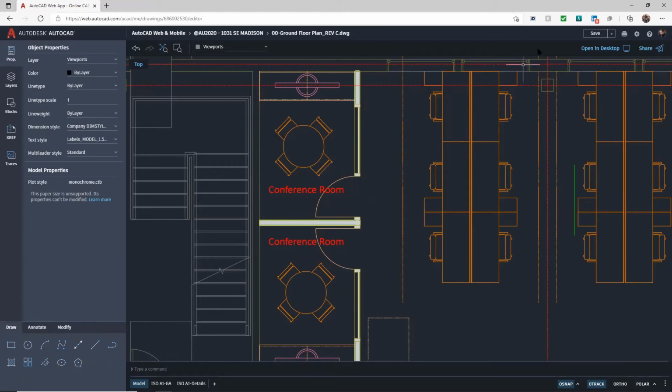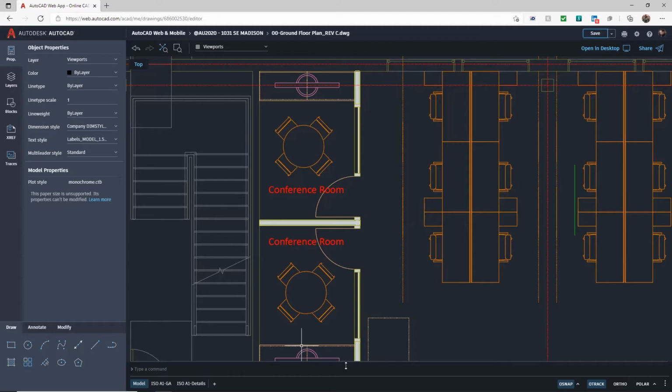I can now save this in the same folder where I saved it in the desktop app. So I just go up here, hit save, like so. It will cache that via the browser, and tells me it's saving it. When that actually says save again, it's actually been saved. You'll also notice that if I am using a browser on a desktop machine, I can open the file in my desktop app if I want to. One of the nice new features is this share functionality in 2022 as well, which allows you to share drawings, which I'll talk about when we get back to the desktop app. But that's now been saved.